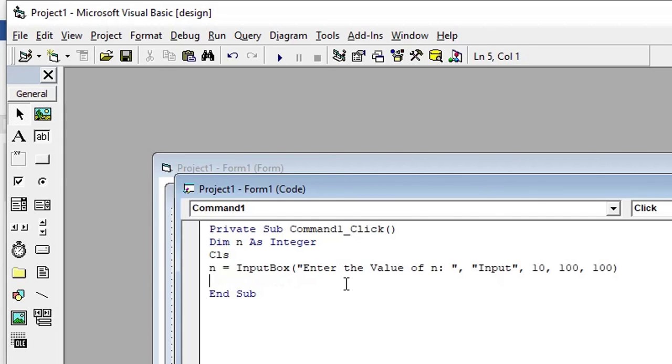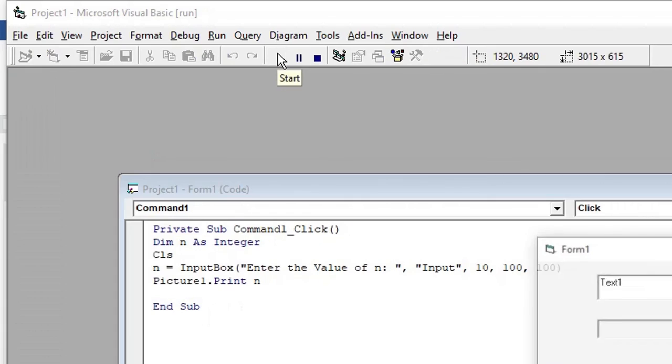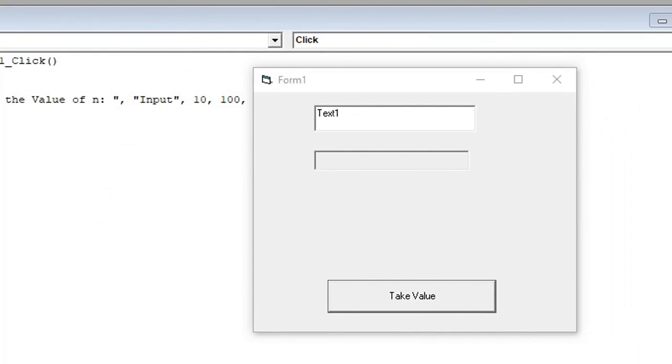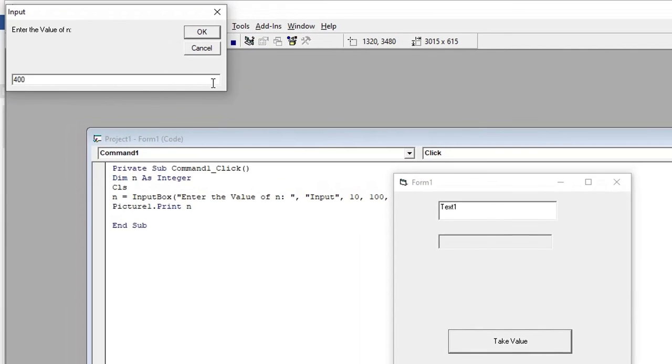Just type Picture1.Print n. Okay, so it will now print in Picture1. Okay, let's enter 400. See,